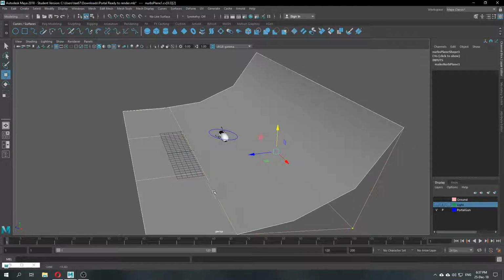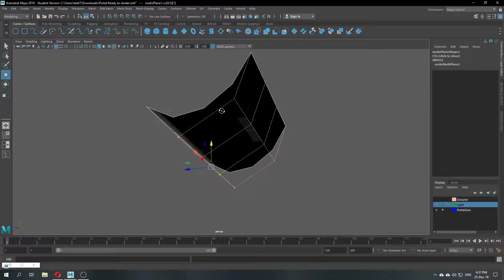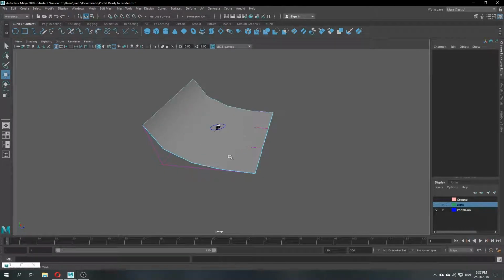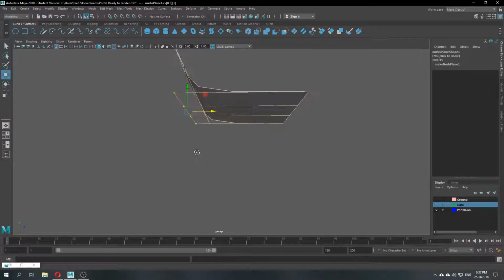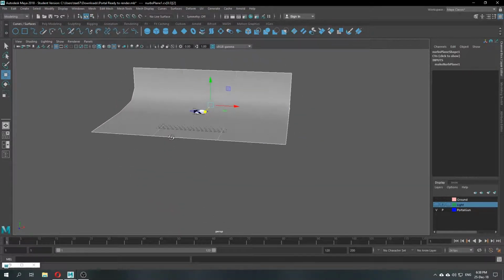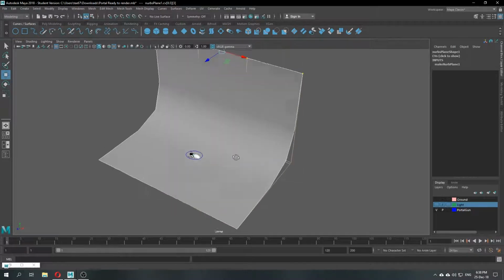Just trying to get a setup the way you want it to be. Now you create a curve-like shape. Usually you just move the last one and then settle this back, really like that. Okay, and then this one back as well, so you will get a somewhat nice looking backdrop